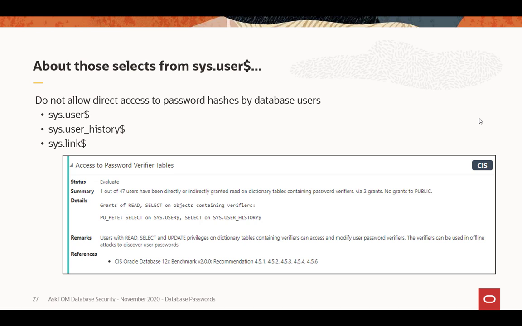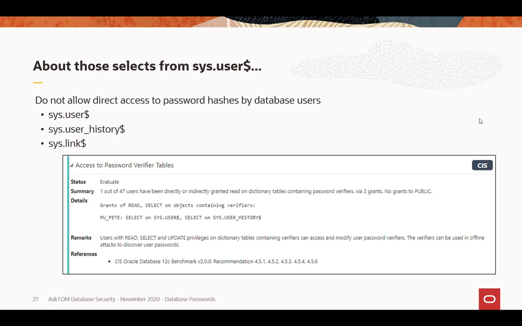No one should be able to select from stored password hashes casually, because if I can extract the password hashes from the database, I can do an offline attack against those hashes. SHA-1, SHA-512, relatively secure, but still possible to break given enough time and effort. And if I have a botnet of a couple of thousand servers out there, and I want to put that botnet to generating hashes and trying to create collisions, even a salted hash, if I understand the salting algorithm, which you can figure out given enough time and effort,